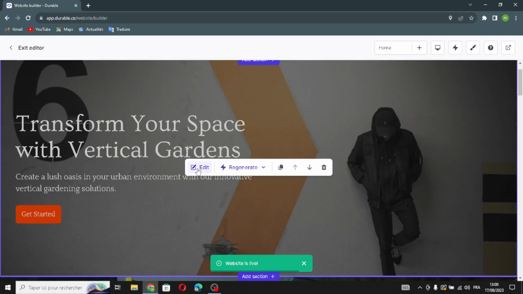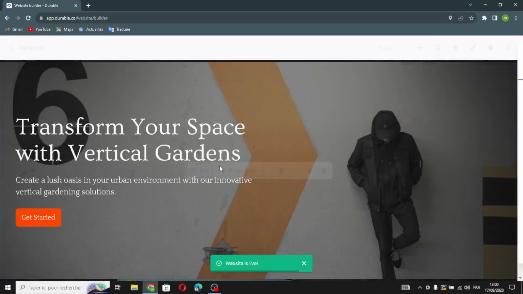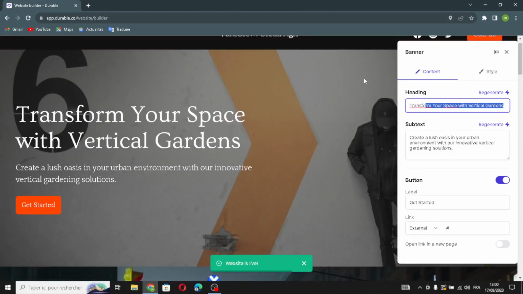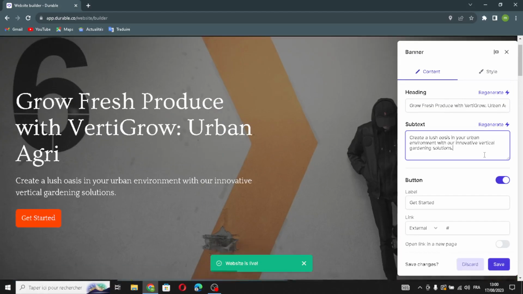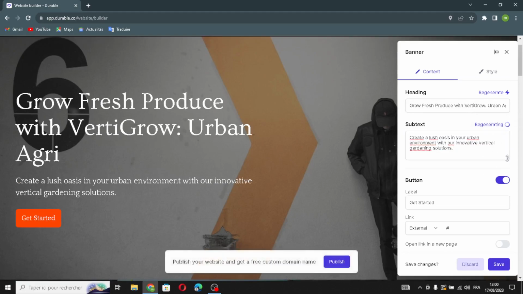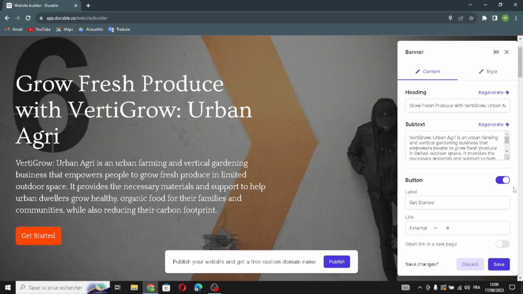This is the banner of the website. You can edit it from here. Now if you want to change the heading, you can just click regenerate and it will be changed. Also the subtext, if you don't like it, you can regenerate it from here. If you want to turn this on and add a label or change the label, here if you want to